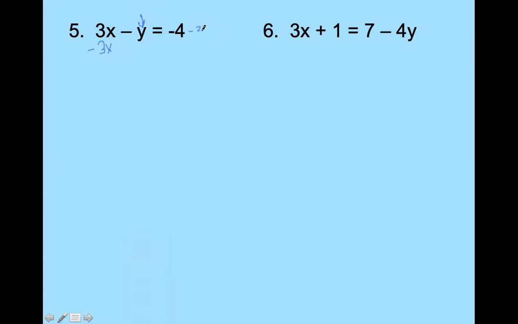All right, I bring down what I have. You have to be careful on this one because it's not just y, it is negative y. So I have negative y equals negative 4 minus 3x. All right, I don't want negative y. I want to know what y is. So I'm going to switch colors here. And in order to get that y by itself,